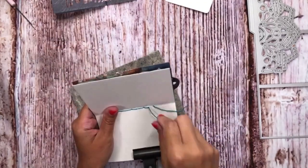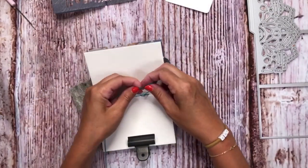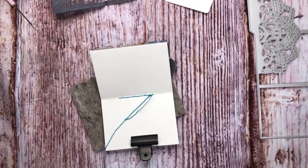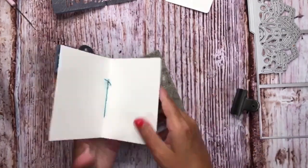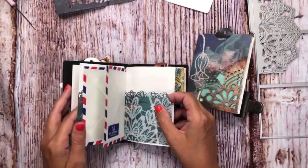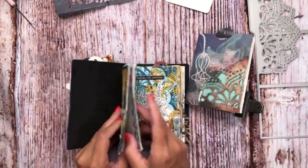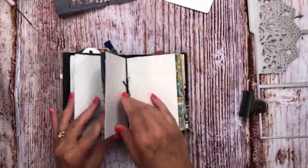And when I'm all finished stitching my booklet, I can put a little knot in there and make sure my thread is secure and cut the little pieces off with a scissor. And actually now my booklet is completely finished and I can put it in my journal. I like my pages to be bound like this, and of course you can stick loose leaves behind the elastics, but here I show you I really like my booklets to be bound together,